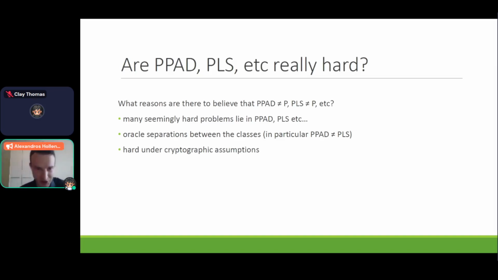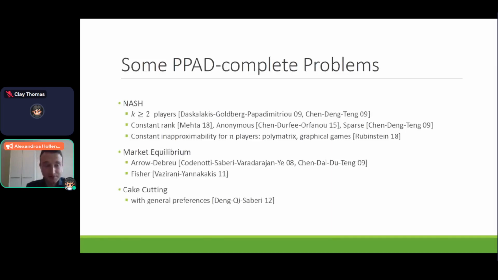So for the rest of the talk, we're just going to assume that PPAD-hard indeed means that the problem is not solvable in polynomial time, and we're just going to focus on how we show PPAD-hardness. So going back to this list of all PPAD-complete problems, if you want to show that one of these problems is PPAD-hard, the first thing you have to do is define what that even means. PPAD-hard means that you can reduce from some PPAD-complete problem to your problem of interest. But then again, you have to define what it means to reduce. What is a reduction?